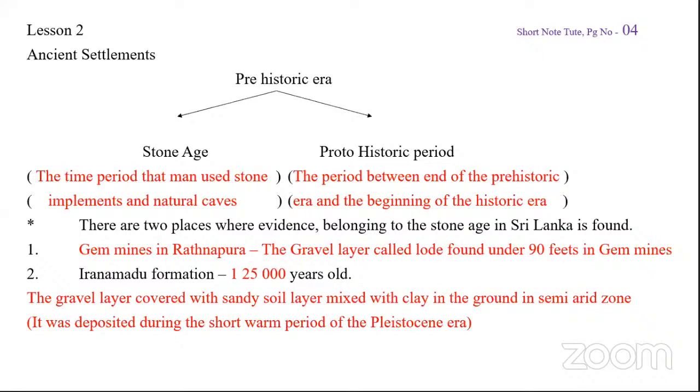This Iranamadu formation layer is 125,000 years old. So these are the two places, and you highlight the gem mines in Ratnapura and the Iranamadu formation. Sometimes they come as MCQs, sometimes as structured essay questions. Then they will ask what are the two places where the evidences